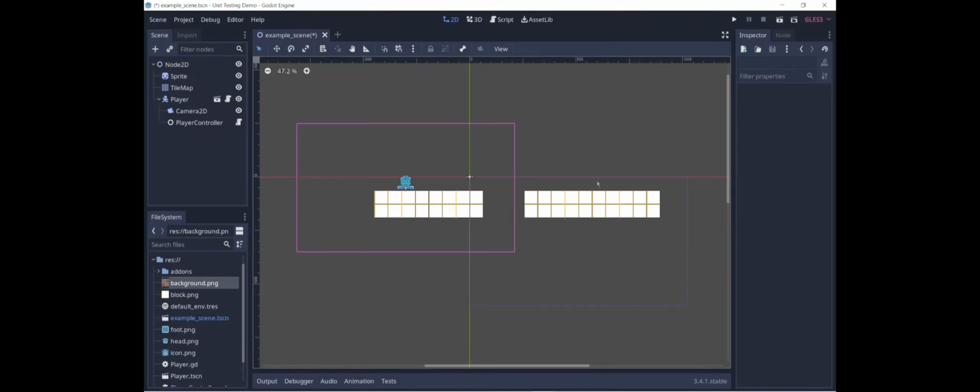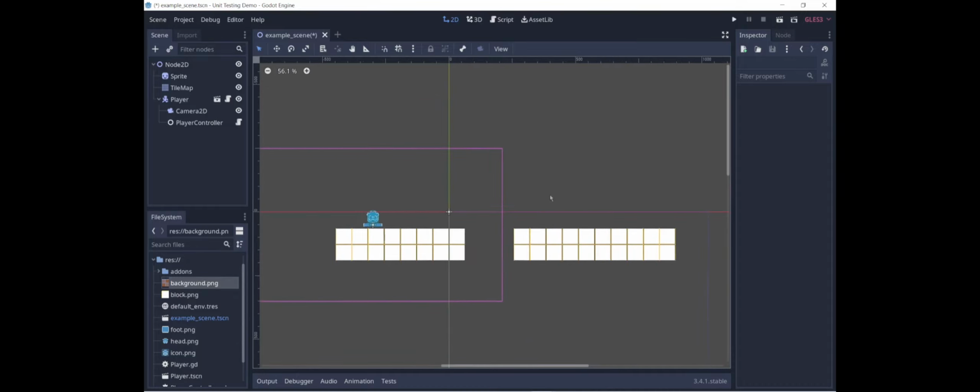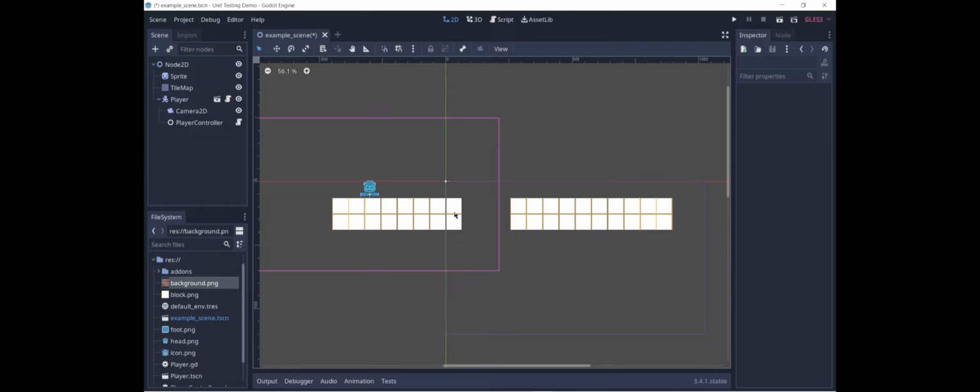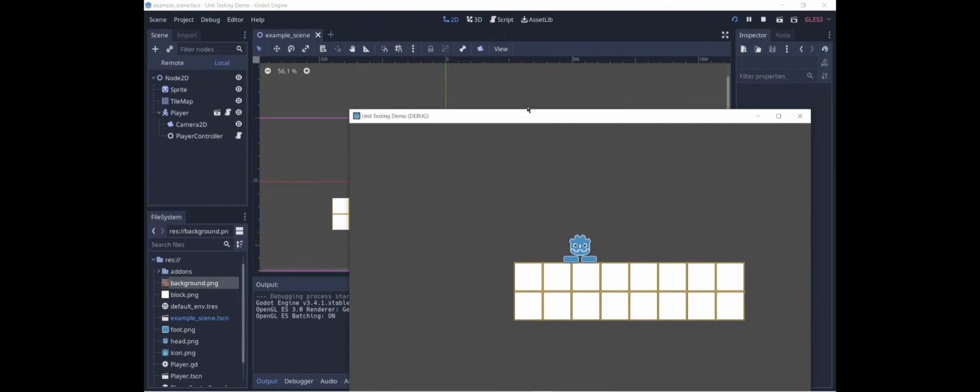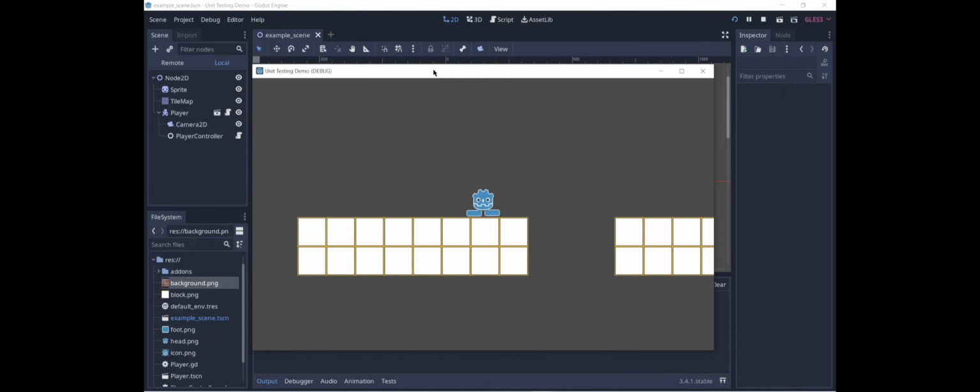Alright, today I'm going to show you how to make a parallax background in Godot. So here is my little example project. It's just a simple platformer. If we go ahead and run it, what we're going to see is we have this little guy who can